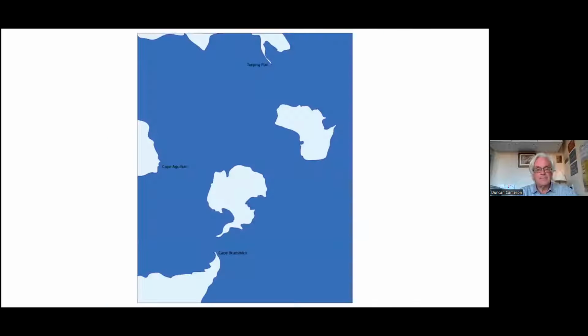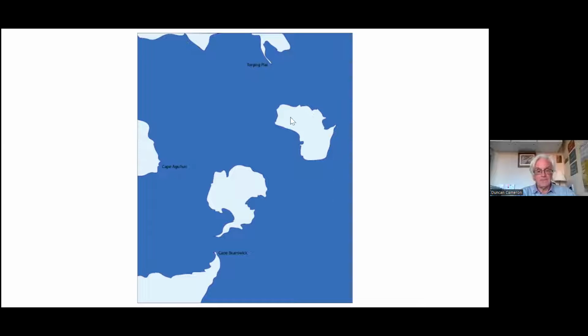Next picture. So what we're doing here is I'm starting to look at what we've actually got in front of us on the global layout of land and water. And the first point is, of course, that all of the oceans, the Atlantic, the Pacific, the Indian, Arctic and Antarctic, are actually part of a single space. There's no natural boundary between any of these oceans, actually.